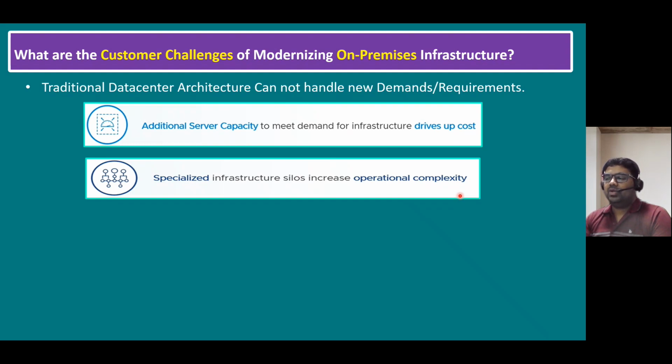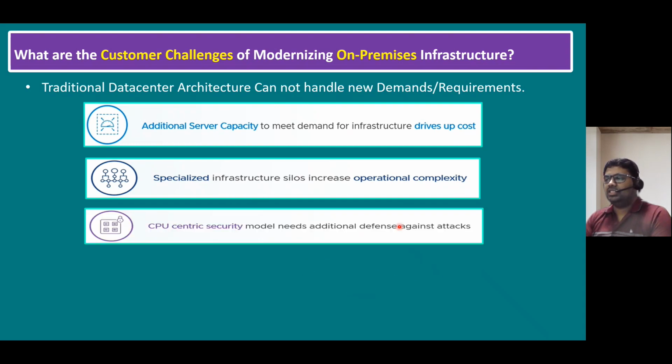So every time we need to look at our infrastructure, whether it is specialized enough or not, or else, if it is not specialized enough, we need to look for a separate infrastructure for the new requirements. In that scenario, our operational complexity is increased and our infrastructure is always in a separated mode. That means it's a silo mode. So that is also one of the most common customer challenges. And another challenge is